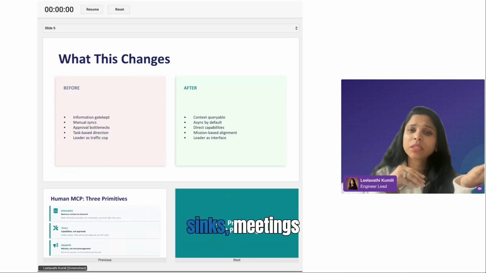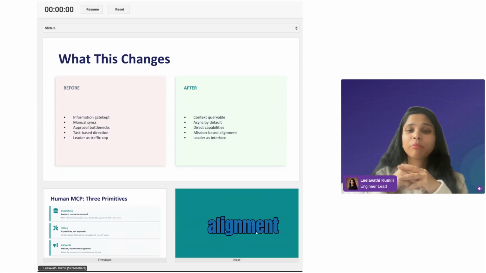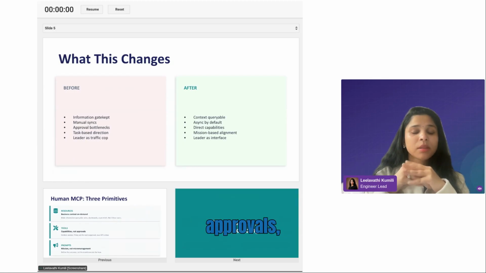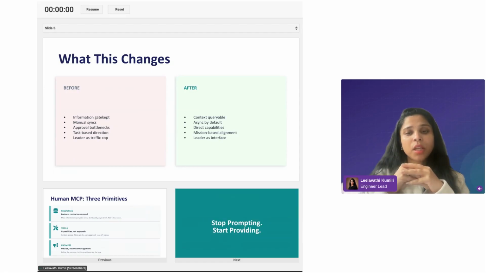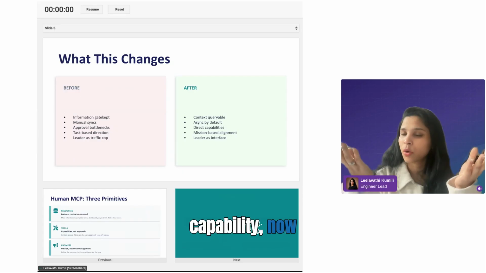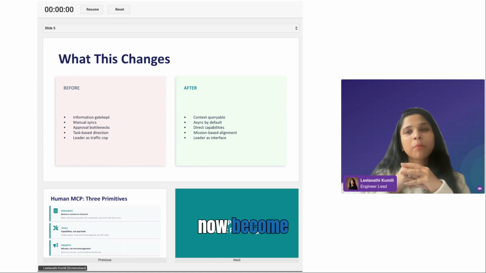All those manual sync meetings we have, hours and hours of alignment meetings or discussions of approvals, become async by default. The approval bottlenecks become the direct capability your team now has. All those task-based alignments and directions would now become mission-based alignments.